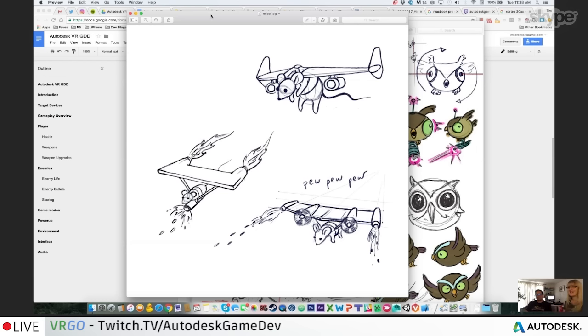Sorry about that. So the next character that needed to be designed, well, we have one more class of enemy to go, but we'll show you next week. But anyway, the protagonist, the player character. Because we could go out, we don't have to stay with a spherical kind of design. I was thinking about who would be the enemy of owls, or who would have the most to suffer from owls, and that would be mice. So we thought, how about a mouse character? But mice don't fly, and we have to be in the same world. So we were thinking about...